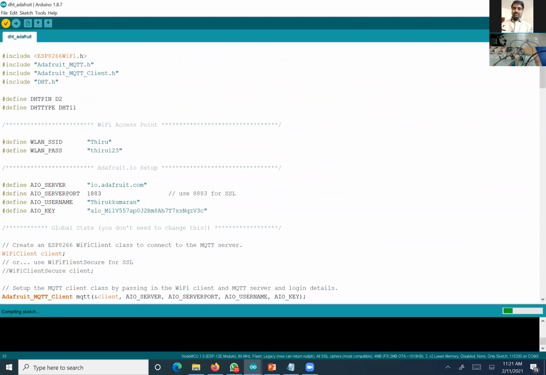Then this code is for the Adafruit server setup. Now it's compiling. Once it's compiled, we'll upload the data. Up to that point, the previous code is what is running on our board, which is why the blinking happened.